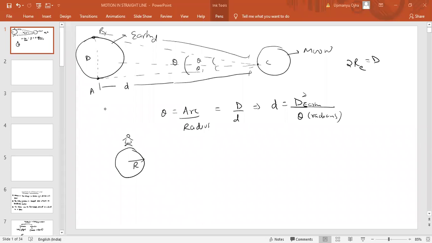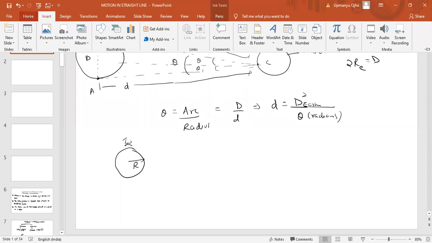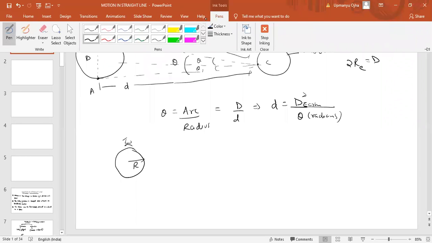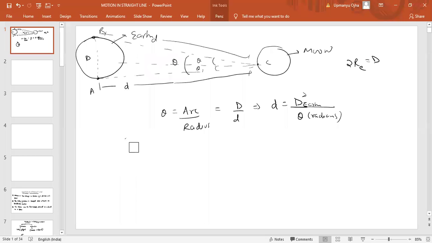Did you understand, Jivita? Yes. See, this rule which I am telling you comes from the arc length only. That theta is equal to arc length by radius. Now, if the arc length is very large,